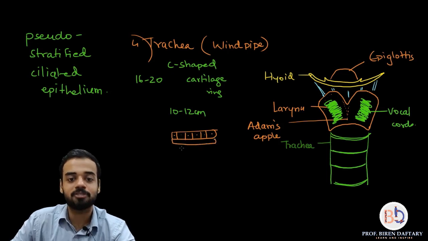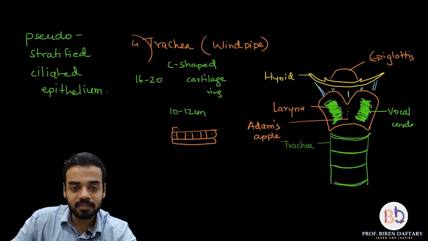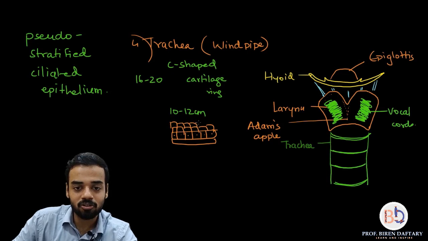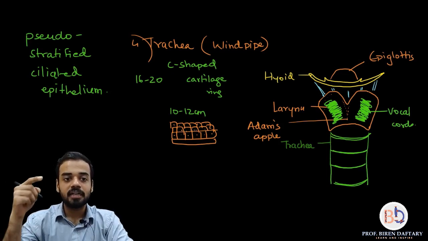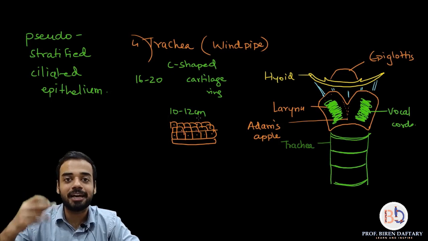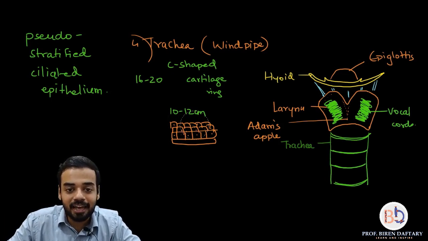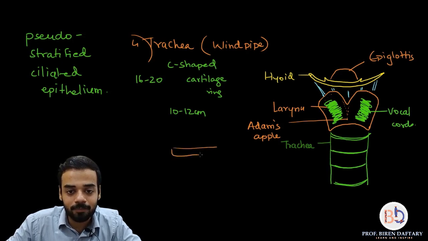And below that is the basement membrane. This is simple. Stratified epithelium means having multiple rows of cells on the basement membrane. Correct? It is also called the compound epithelium. So this is your stratified epithelium having many rows of cells. Now why is this called a pseudostratified epithelium? Because this epithelium does not actually have many layers of cells, it has only a single layer of cells. So now I am going to redraw the diagram.